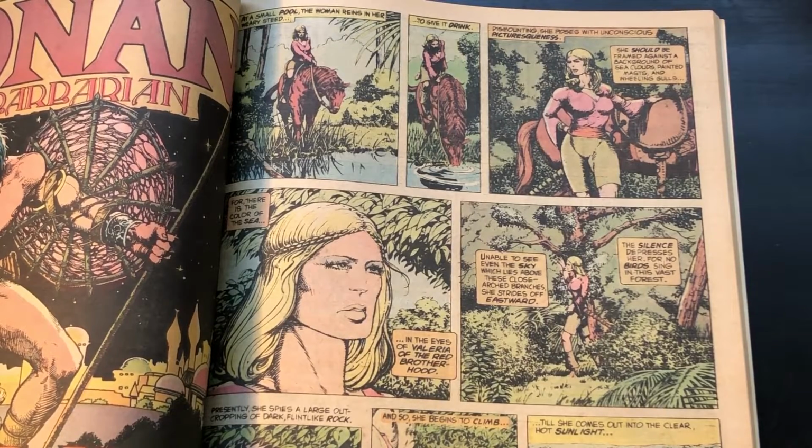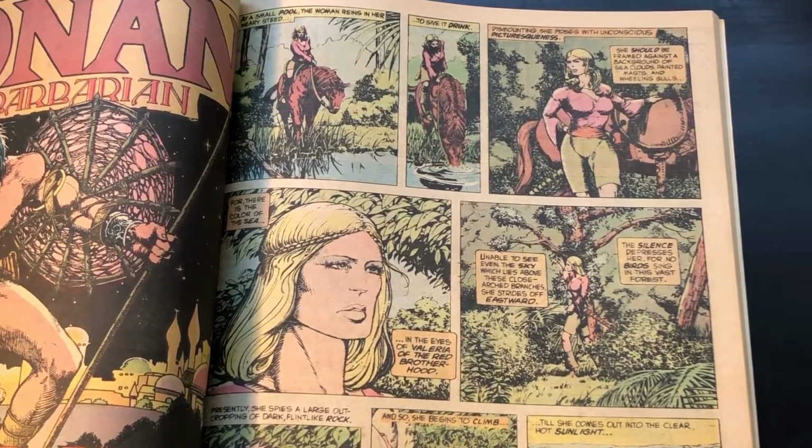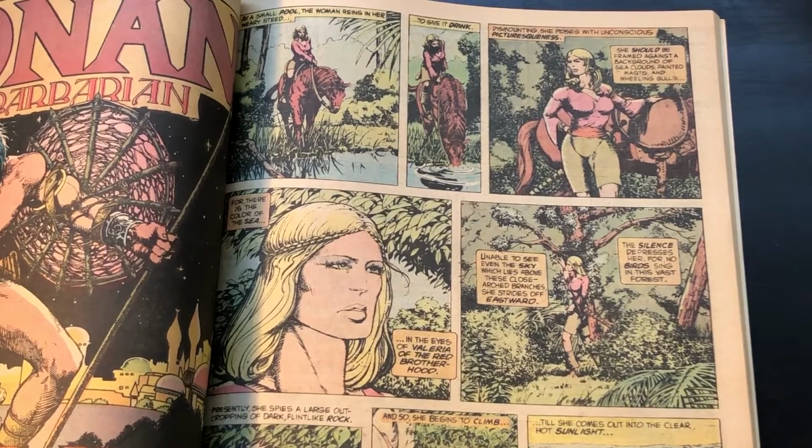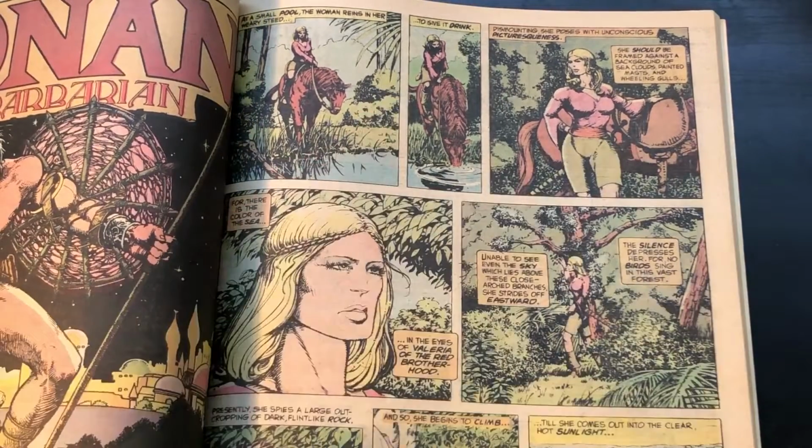And there's a lot of the source material in this adaptation. I'm not here to really compare how close the adaptation is to the original story. I will note places where they're identical, but I'm not here to tell you if this is a successful adaptation or not based upon how close it is to the source material, because I'm here to judge it on its own merits. And right away, we get some just beautiful art from Barry Windsor Smith,